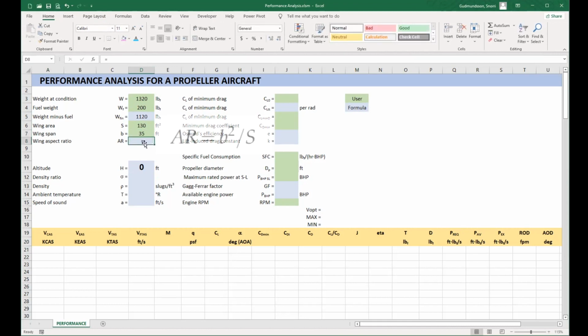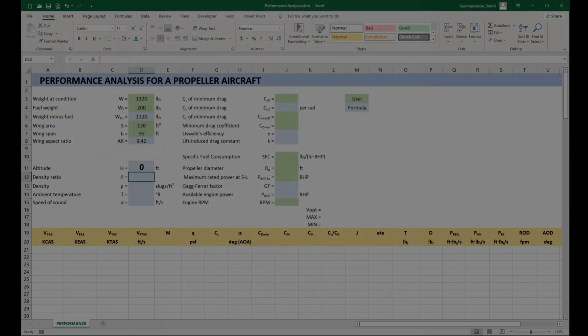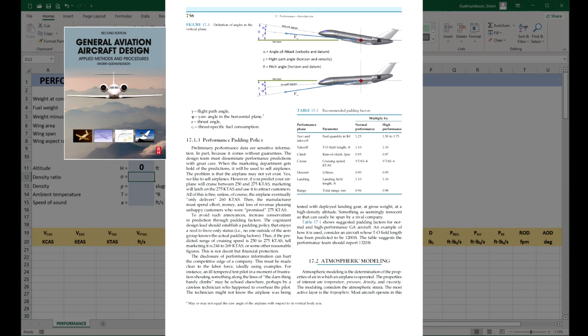This means the wing aspect ratio AR is b squared over S. This amounts to 9.42. Next, let's prepare the atmospherics. An appropriate atmospheric model is given in section 16.2 in the first edition and section 17.2 in the second edition